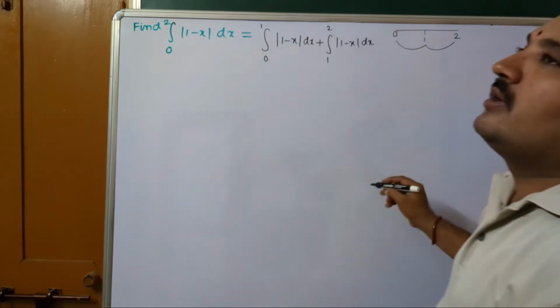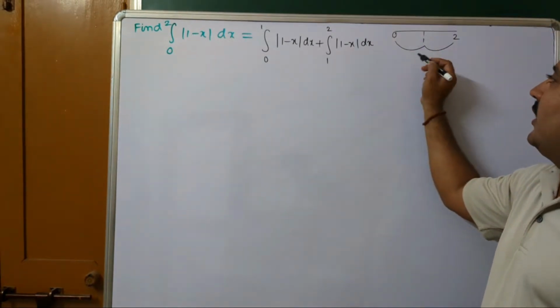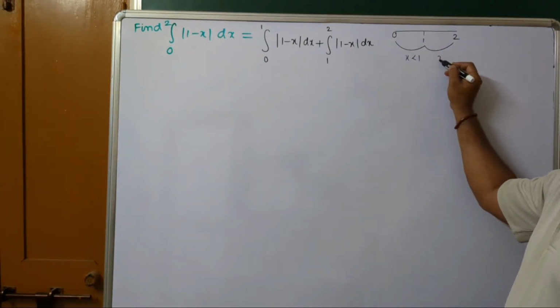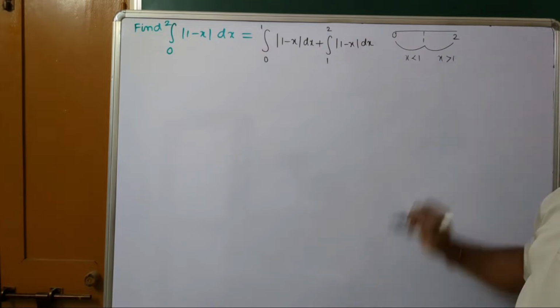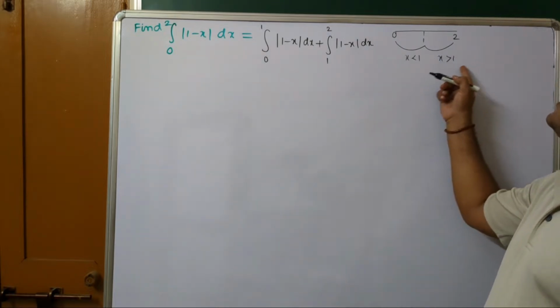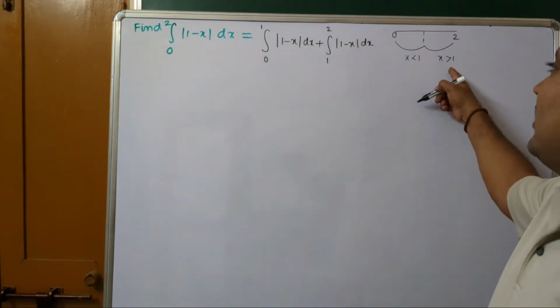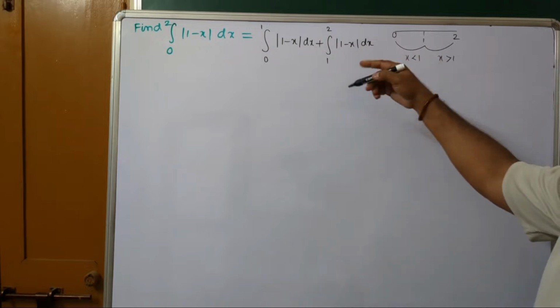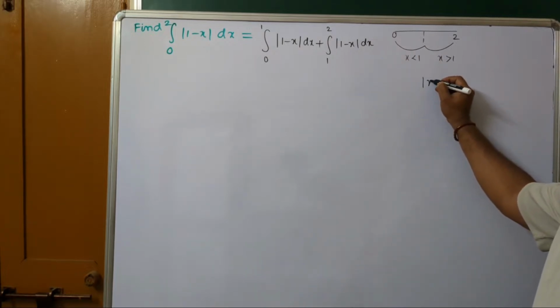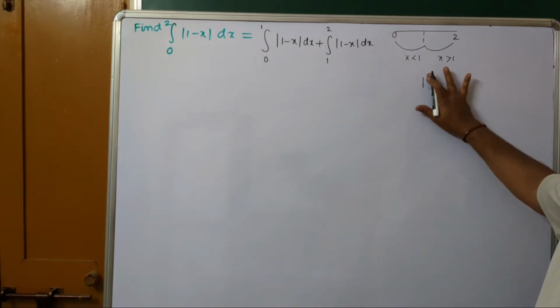dx. This part, 0 to 1, is x is less than 1. 1 to 2 is x is greater than 1. Otherwise x is less than 2. Like this also we can consider, x is greater than 1 or x is less than 2. Now modulus definition. Mod 1 minus x